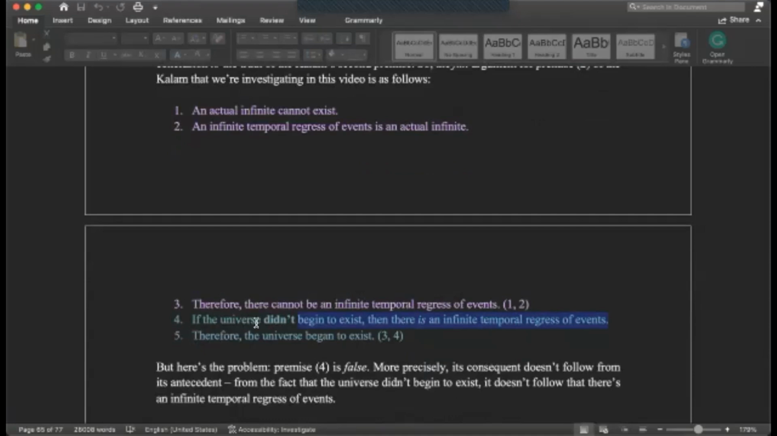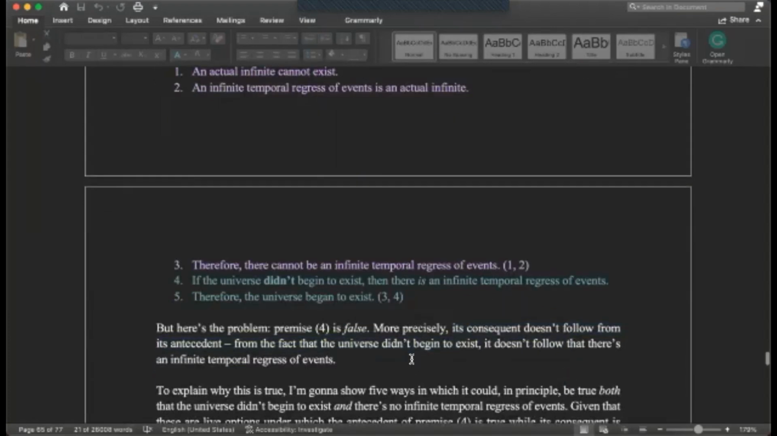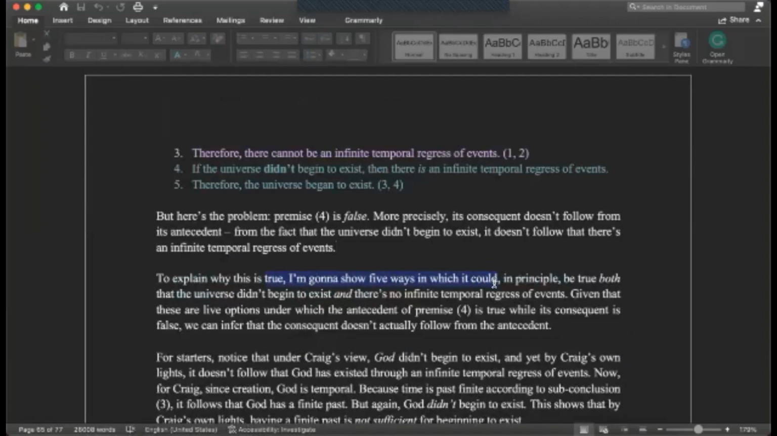So again, you need this fourth premise here, which links this conclusion to the truth of the second premise of the Kalam, that the universe actually began to exist. You need to say that if the universe didn't begin to exist, then there actually is an infinite temporal regress of events. And since there cannot be such an infinite temporal regress of events, it follows that the universe must have begun to exist. The problem, though, is that premise 4 is just false. More precisely, its consequent doesn't follow from its antecedent. From the fact that the universe didn't begin to exist, it doesn't follow that there's an infinite temporal regress of events. To explain why this is true, I'm going to show 5 ways in which it could, in principle, be true,